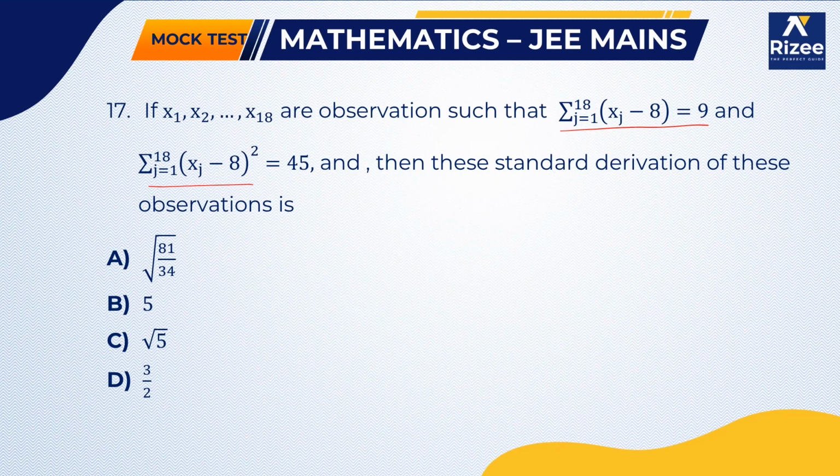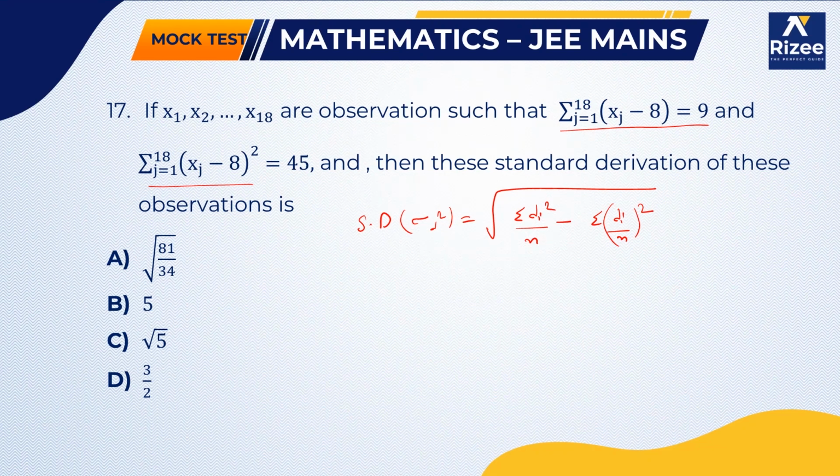Standard deviation formula: sigma square is equal to root over summation of di square by n minus summation of di by n whole square. So here di equals xi minus a, where a is the assumed mean. Substitute here summation